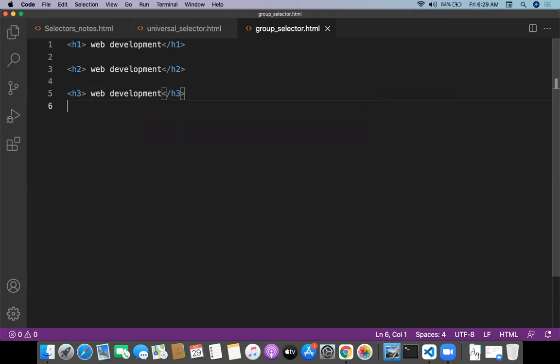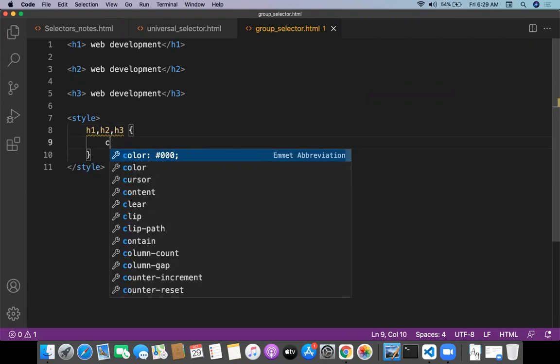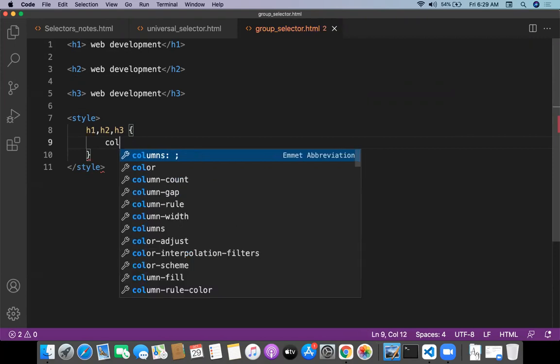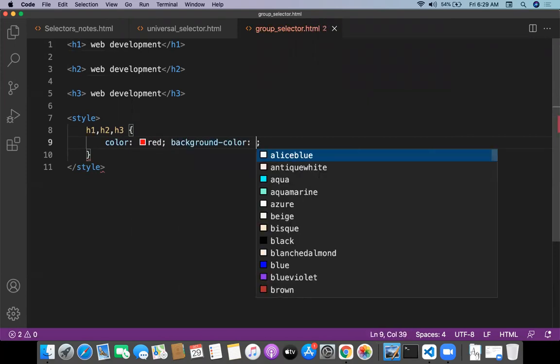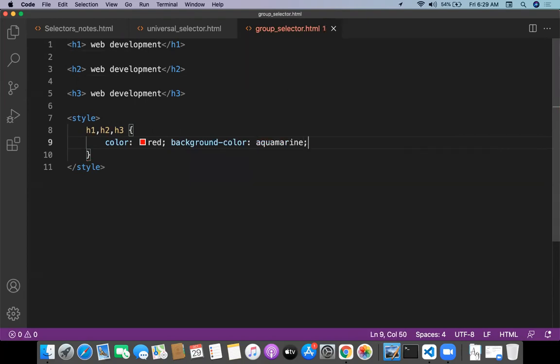I want to select all the elements at the same time: h1 comma h2 comma h3. For all the elements, I want to give the color red, the background color aquamarine, and text align center.